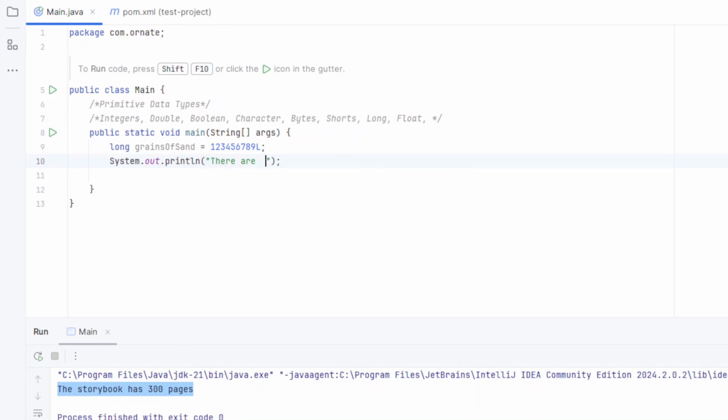There are plus grains of sand on the page. All right, let's print that out. And there we go. We have, there are 9 grains of sand